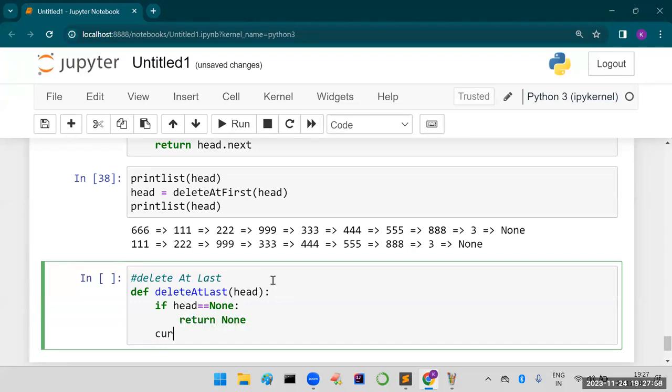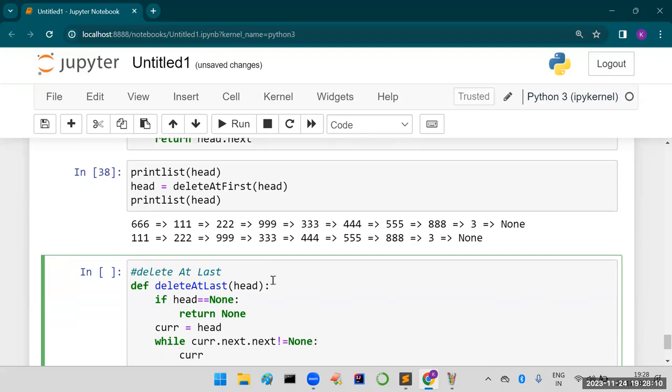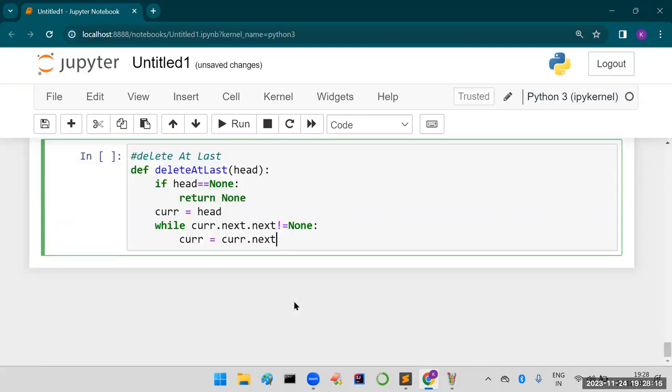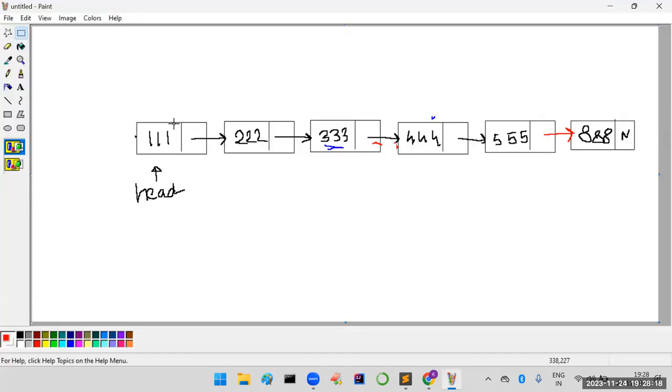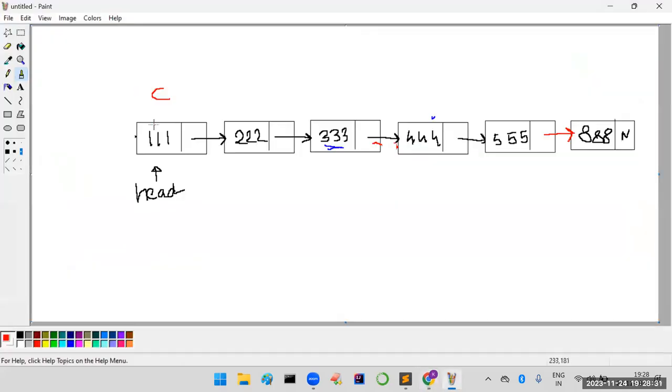Otherwise, what we have to do, as usual, your current node will become head. So until your current node dot next is not equal to none, we are taking current node is equal to current node dot next. Like this we are going to move. Let us parallelly explain with the help of an example. So this is the current node, right? Initially, is head equal to none? No. Is current node's next node's next node, that means current node's next node is 322, its next node is 333,